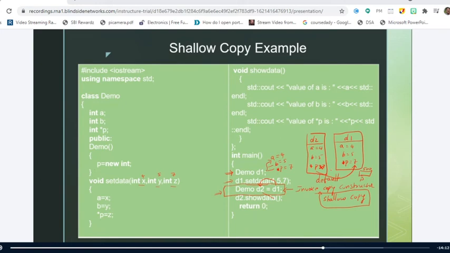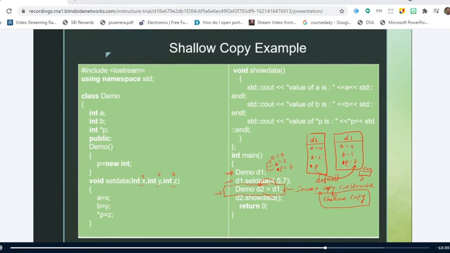Listen carefully: both the P's of D1 and D2 are going to point to the same location. This is the disadvantage we have with the default copy constructor, or else we can say this is the disadvantage of the shallow copy.